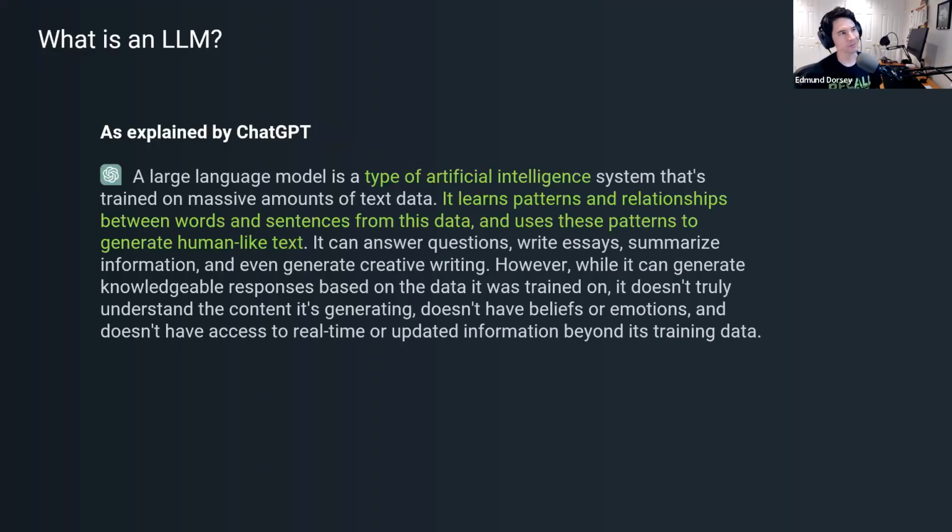This was without a doubt the hardest slide to generate, so I just punted to ChatGPT. LLMs in general are a type of AI system. For the purposes of this talk, all you need to know is that they ingest and train on massive amounts of textual data. That's one of the reasons they've become so powerful: they have so much data available to train on, and they learn patterns and relationships between words and sentences. Then they use those patterns and relationships to generate human-like text based on a prompt, or when they go into what's called their inferencing mode.